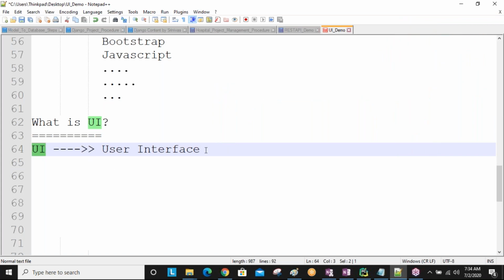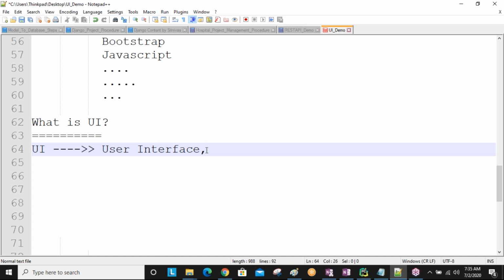So UI stands for user interface, which is acting like a translator between a user and a computer program. By using this UI, the user gives instructions to the computer about what that person wants to do.